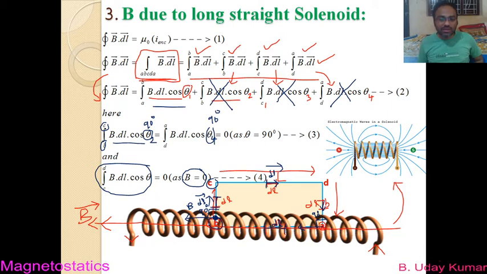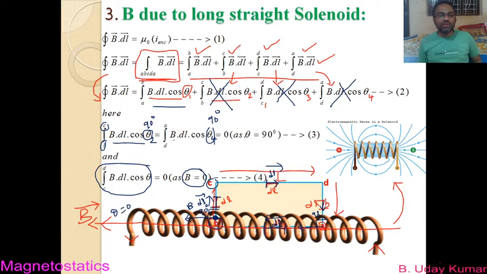Along the path A to B, you know that A to B means you are moving towards the left, right? So try to understand the direction. The direction of dl will be towards the left, and the direction of the magnetic field also will be towards the left, and hence along the path A to B, the angle between B and dl will be 0. So along different paths, you need to understand what the angles between B and dl are, and what the values of B are. Once you understand them, the derivation is going to be easy. So this is all the explanation part that you have to understand.